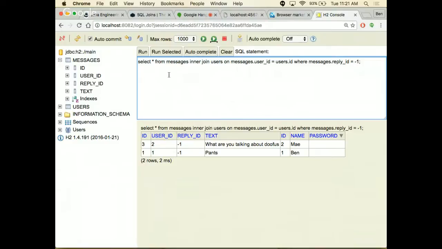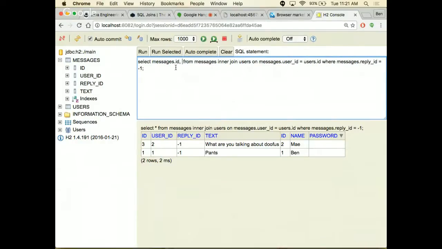So if we do this inner join here, though, we can see that we get a lot of columns in our result set that we don't really need. And we're not really concerned with the user's password, and we're not really concerned with the user ID column anymore because we already have the username. And so we can actually hone this query down, right? So this star is really what tells the query to give us all the columns. But I could tell it specifically which columns to give me also. So I could be like, select